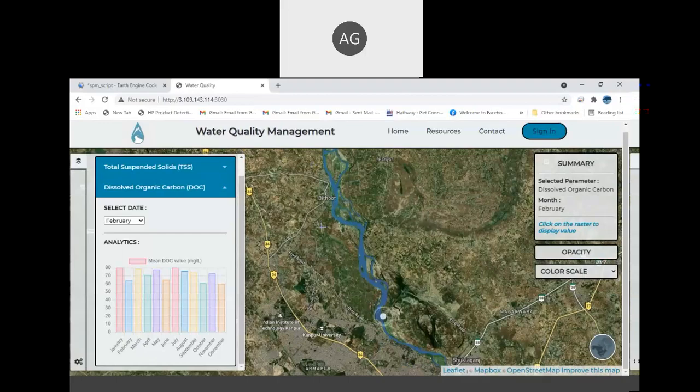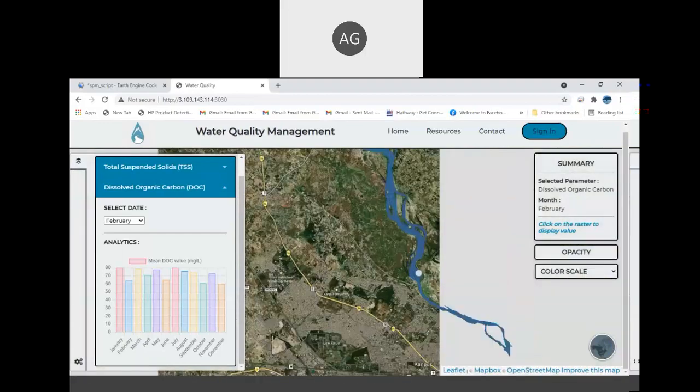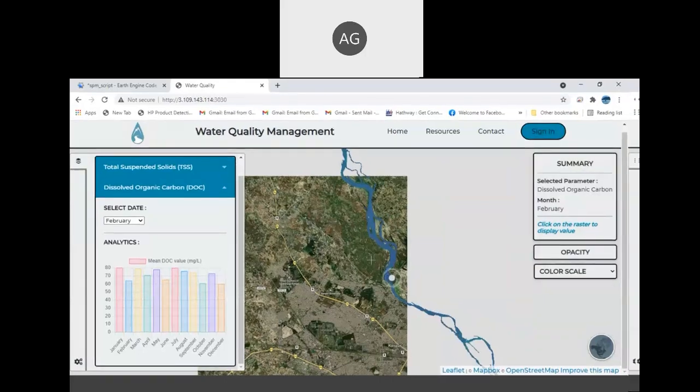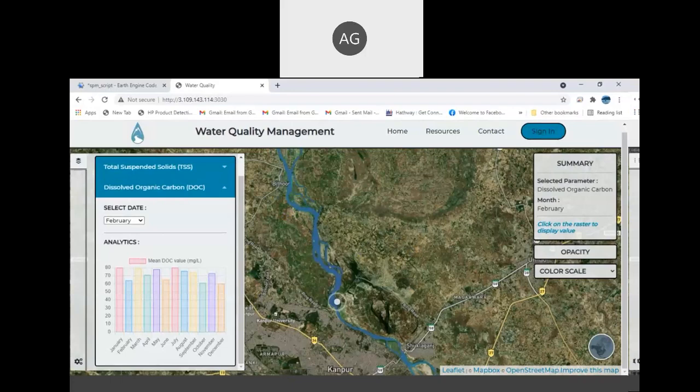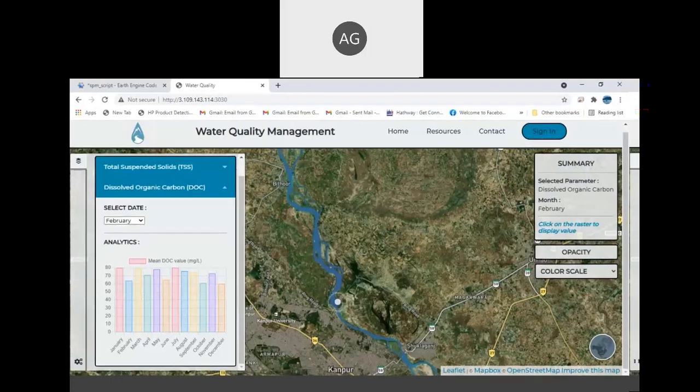This algorithm is going to give every small lake, and right now I have only kept it to the Ganga, but this can monitor every water body present, which is the need of the hour. Not just the major water bodies and rivers, but every water body in the country we have to monitor. This cannot be done physically. We cannot place sensors in every water body. So this could be the way ahead. So with this, I would like to end the water quality presentation,